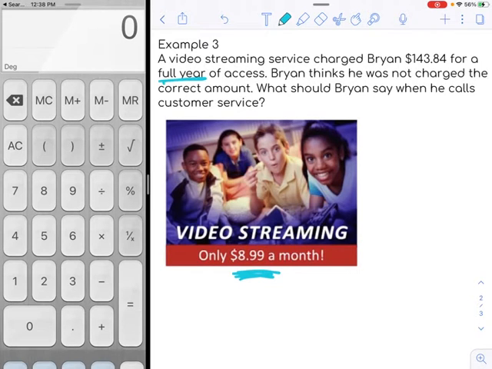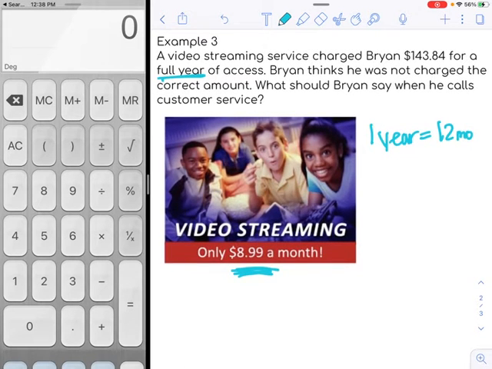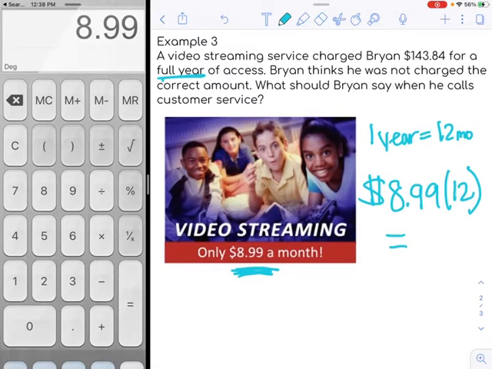So first, we need to figure out how many months are in a year. So 1 year, hopefully we know there are 12 months. I'm going to abbreviate there. So to figure this out, I'm going to be multiplying how much he's being charged, $8.99, for every single month that he is using the service, which is 1 full year, so 12 months. I'm going to go ahead and multiply this and see how much Brian is paying